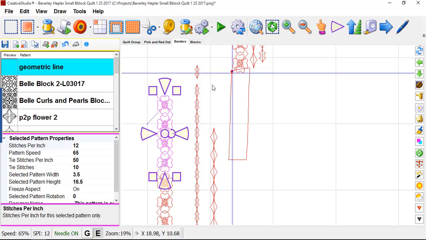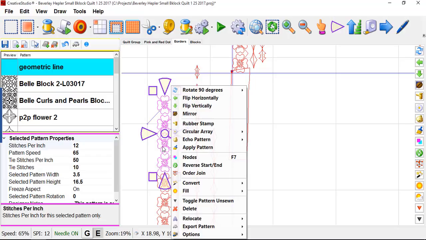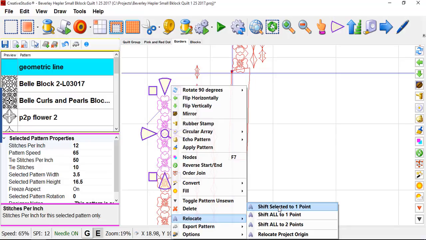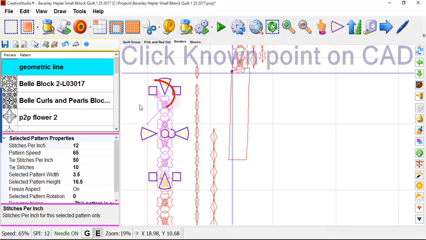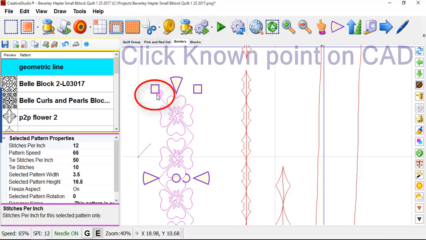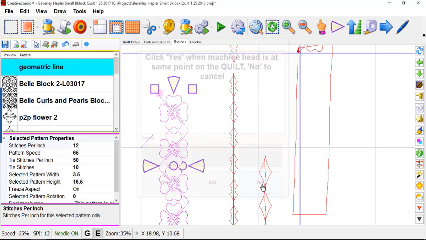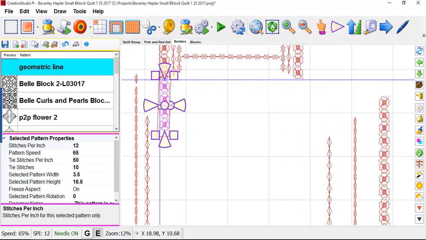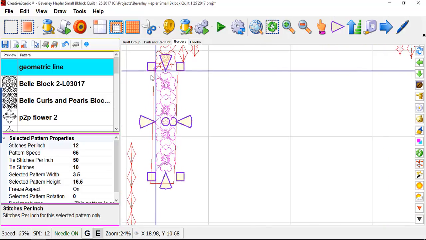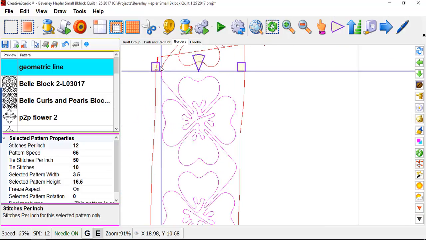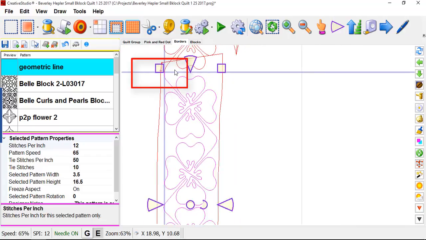So what am I going to do? I'm going to relocate, shift selected, shift selected to one point. I want to move this point to the location where the needle is. So it's snap to it. I'll left click, click yes, and there it is right in place. All I need to do is zoom in and look at it, and yes, it looks like it is very